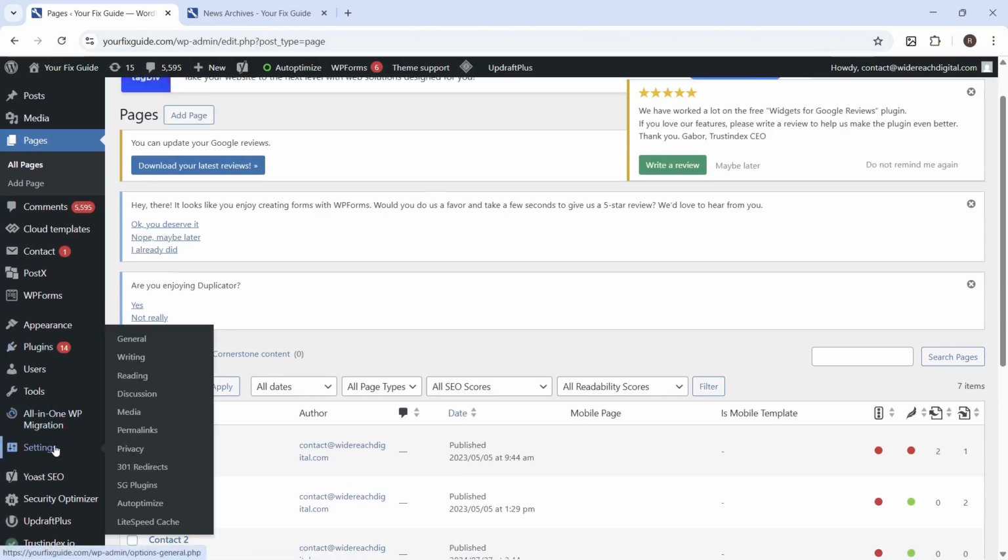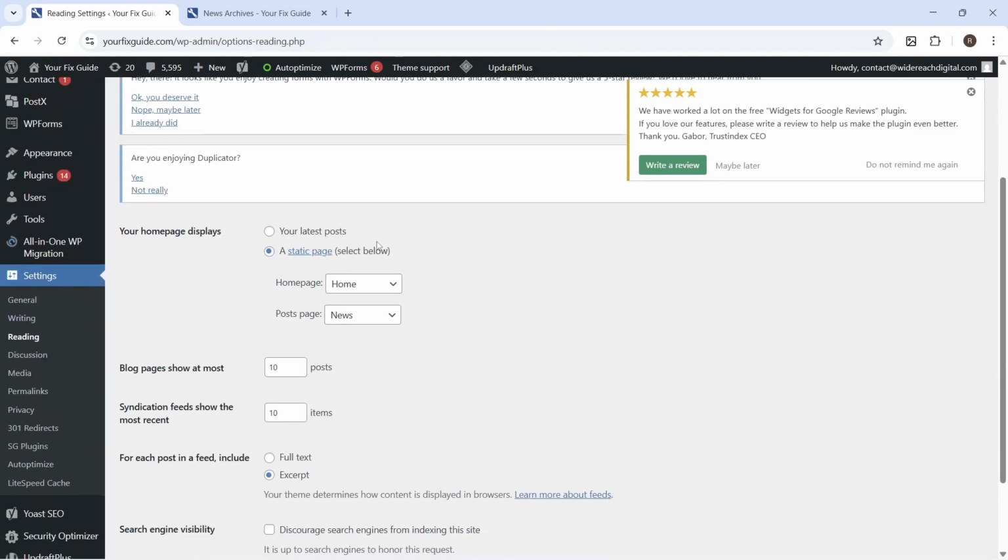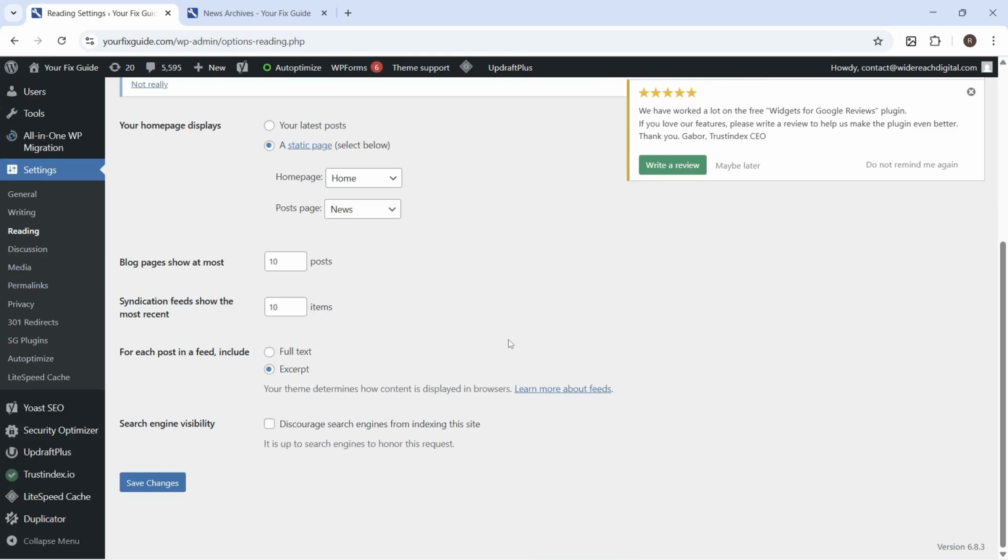You can then hover over settings from the left hand side and click on reading. You can then scroll down to where it says your homepage displays and click on this option, a static page. Now for the homepage, obviously this is where you want to go and select your homepage, and now for the post page, this is where we need to select our news or our blog page. So as you can see, I already have my news page selected, and then we can scroll down and press